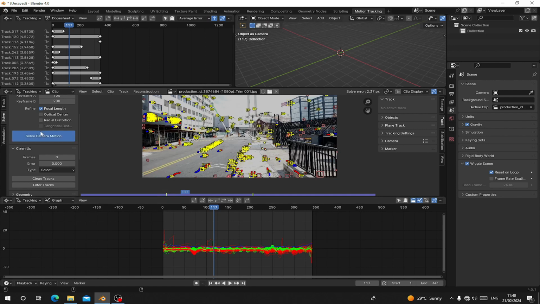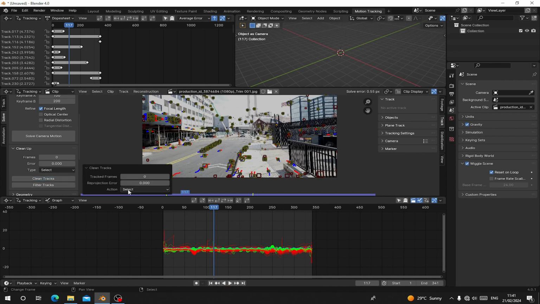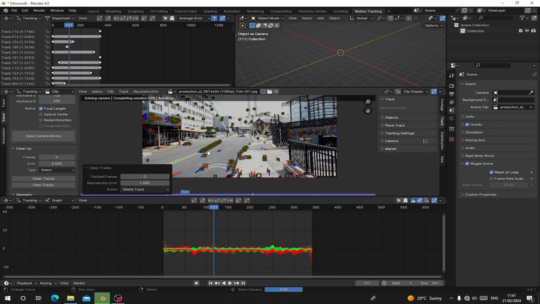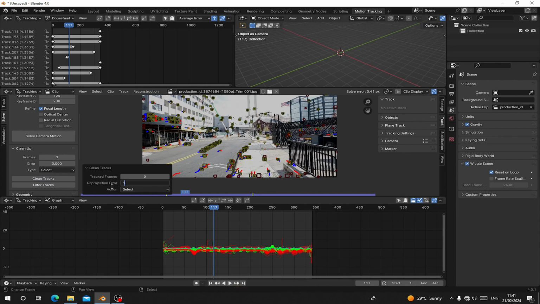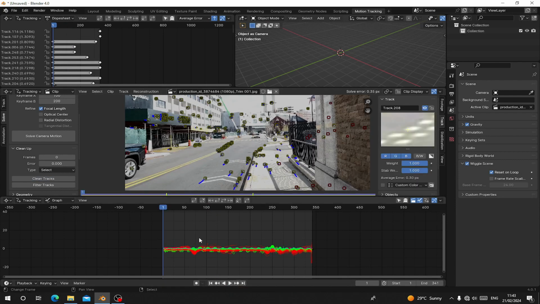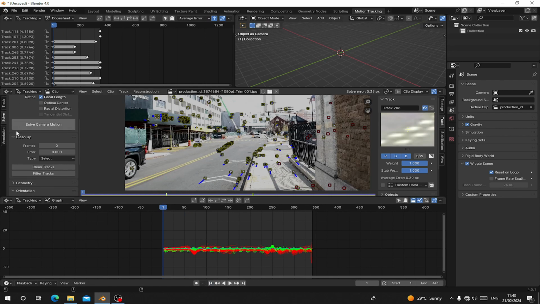And now I'm going to solve the camera motion again. Now I get around 0.55. We can do more and clean tracks, so we go there and let's deselect everything and clean tracks 1.5, and let's delete tracks, and let's solve camera motion again. We can still go and do more tracking, so here I'll choose 1. So now 0.35 is good, so let's go to the solve here, and I'm going to click on set scene